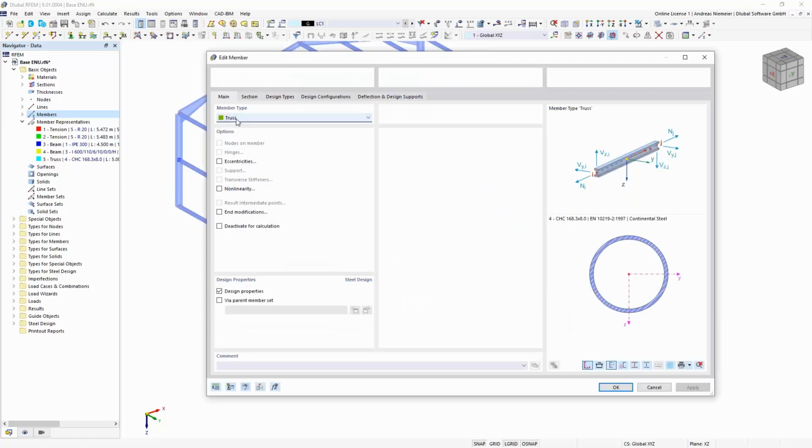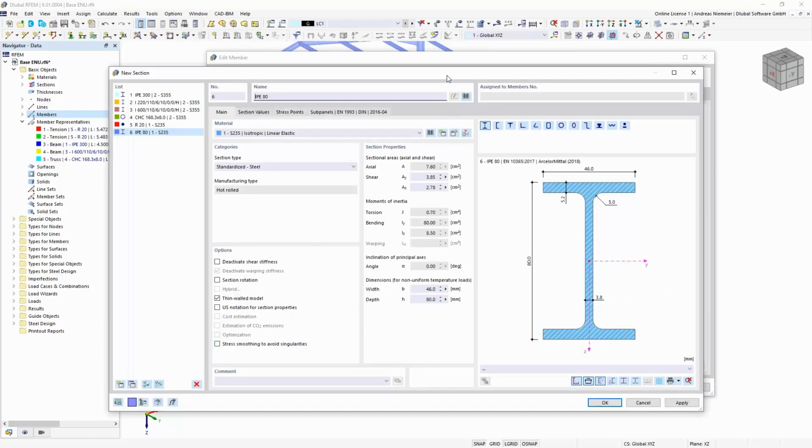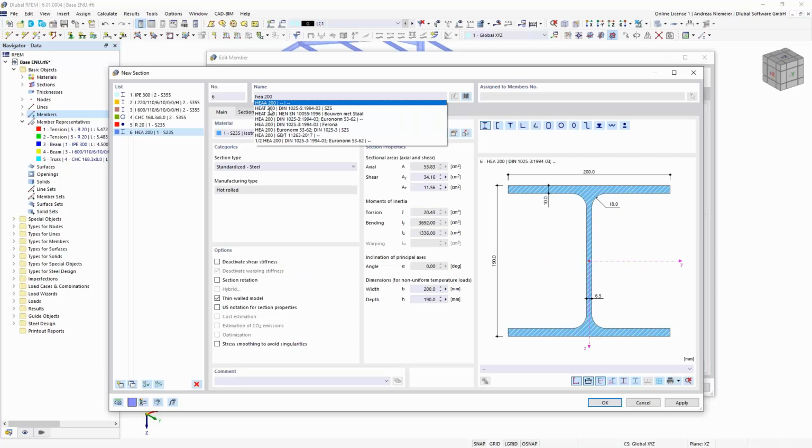This is not a circular hollow section and no truss. I take a beam section for it. And the beam section should be here maybe an IPE. We define a new one, and in the past steps I always opened the library, but you can also write here a name, IPE, for example 200, and the program offers you all from the cross-section list. So I can select it and we get directly the cross-section connected to this name.